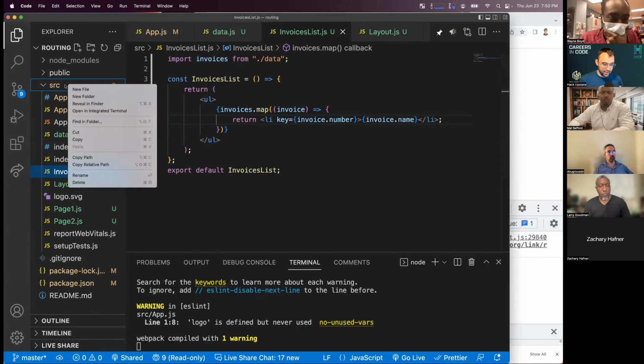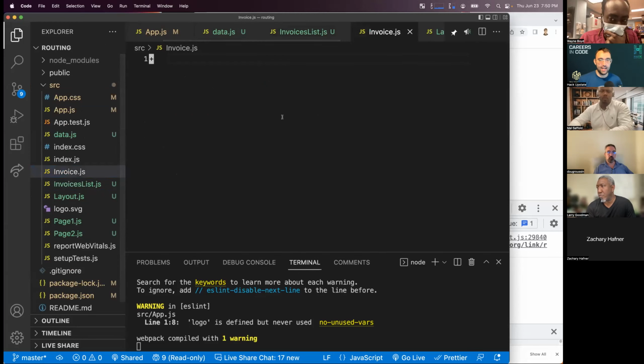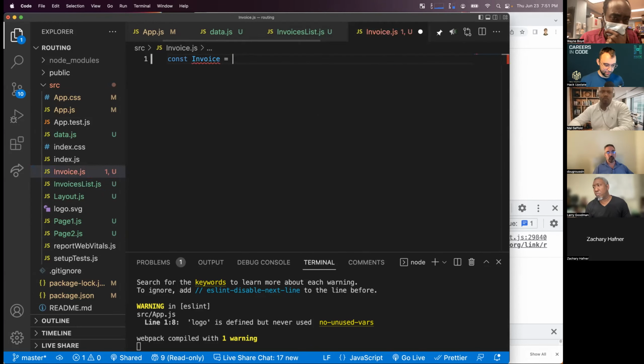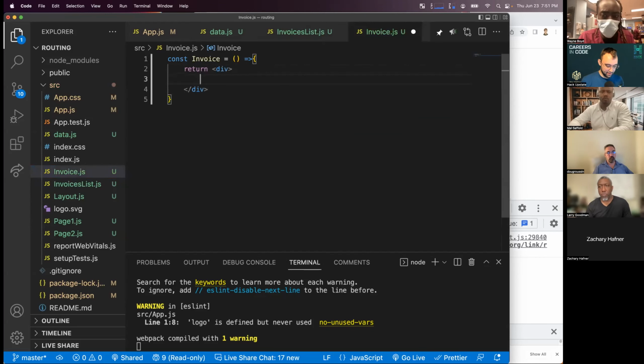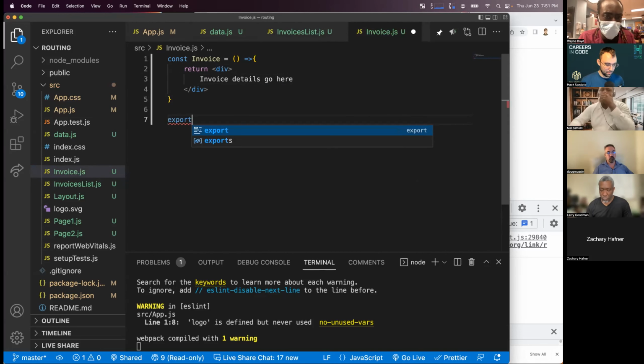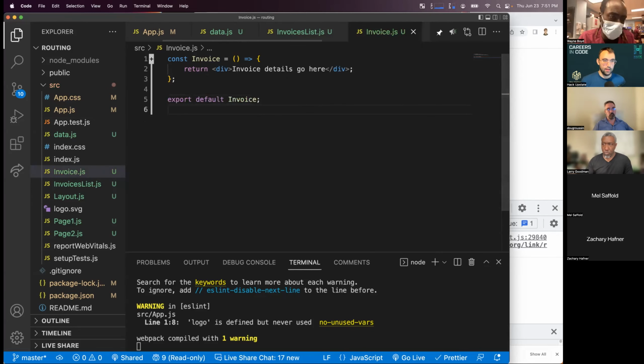We are going to create yet a new component, and that component is just going to be called invoice.js. And we define this component just like any other component. We're going to return a div that says invoice details go here. And we export our default invoice. Then we are going to go back to our